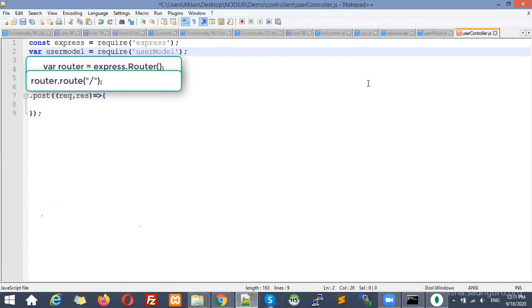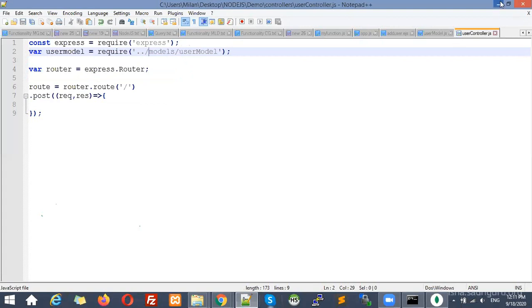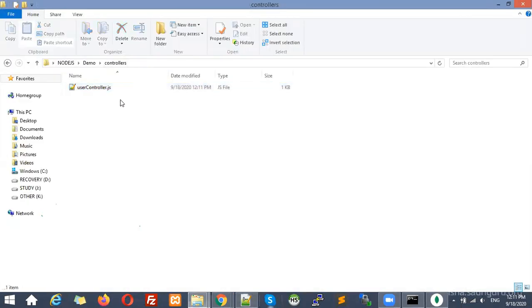Also, this is located in which folder? Models. So the models folder. But as you know, if it is our file, that means a user generated file, we need to mention the relative path. So where is this file located from this current directory, where we are inside controller? We have to go back one step.